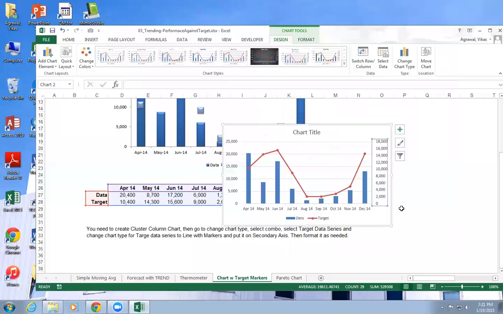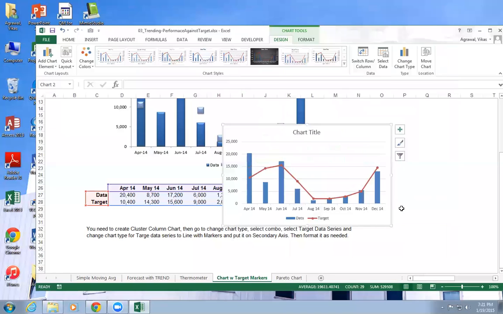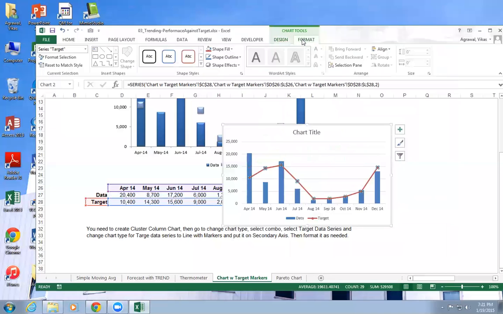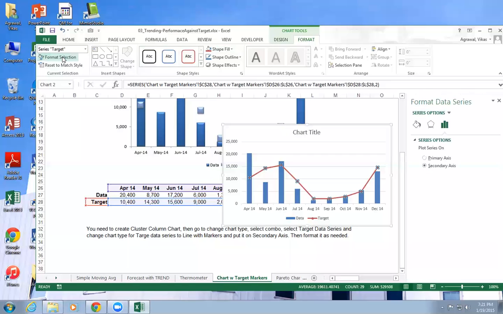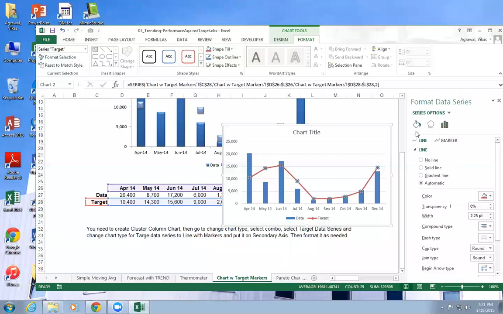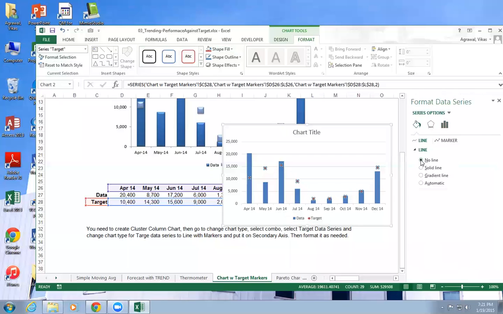I'm going to select this series. I'm going to delete this one. So I don't want that series there. Now all we have to do is just play with this line. So I will select that line there. Okay, go to format selection here, right? I'm going to go to line here, say no line. Basically you're done. And then you change the marker.